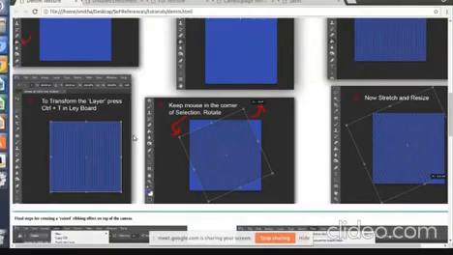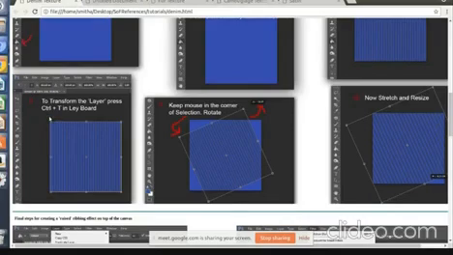Now keep your mouse pointer somewhere in the corner. Suddenly you can see the cursor has become like a round arrow with two arrowheads. Now you can rotate it.